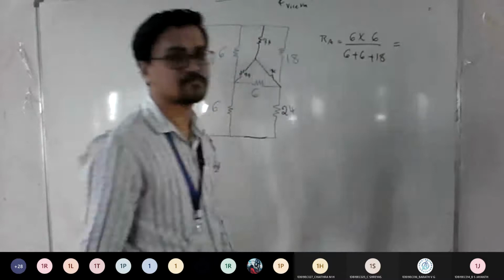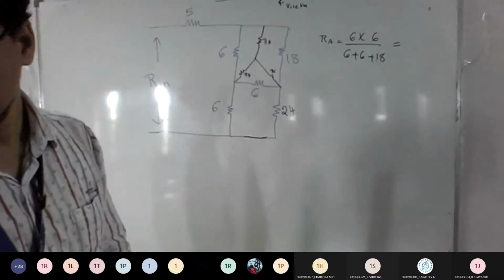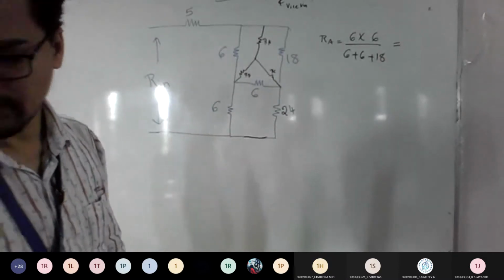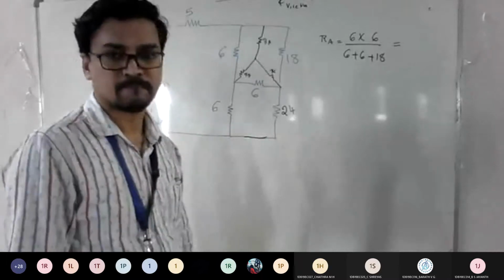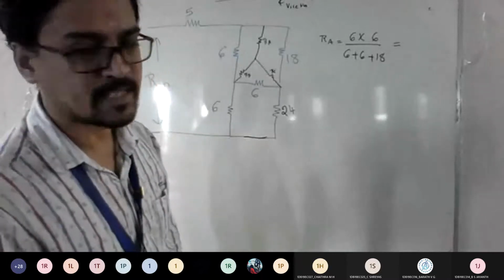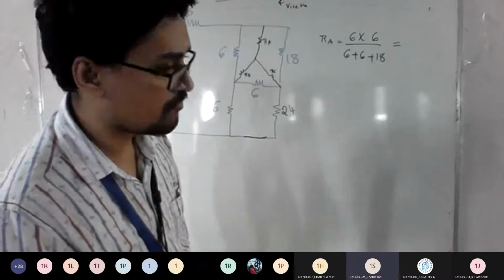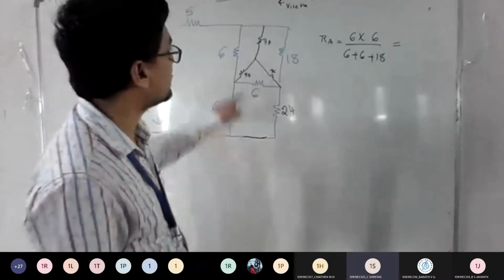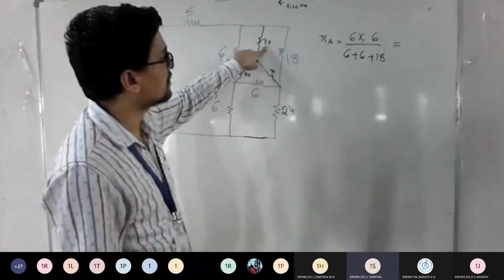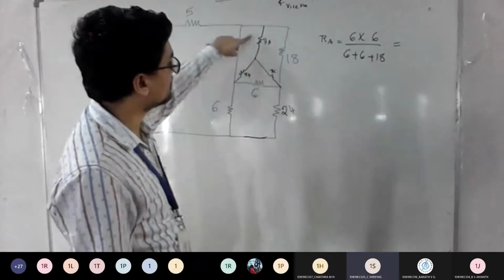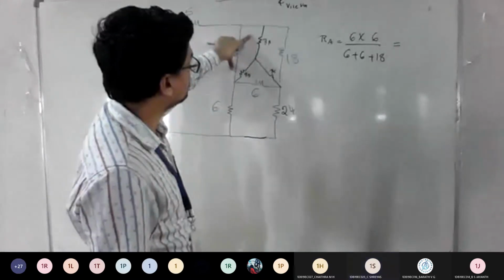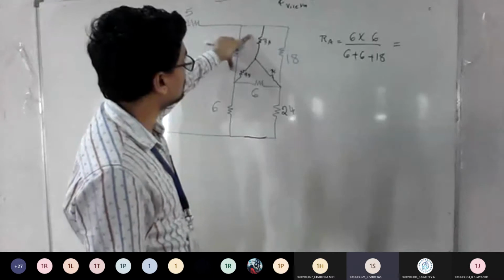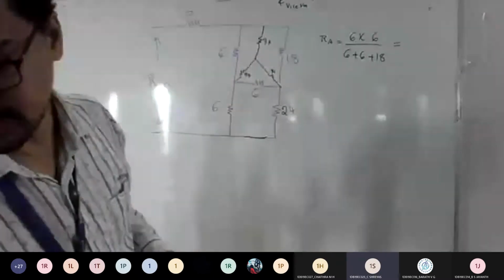How much? It's 36. So we divided are by doing for RA or RB, sir? RA. So in the top one, sir. This one. So this is between these two, right? I think we have to multiply 6 and 18, no, sir. Should we multiply 6 and 18, sir? Oh, yeah. According to formula, it's correct.